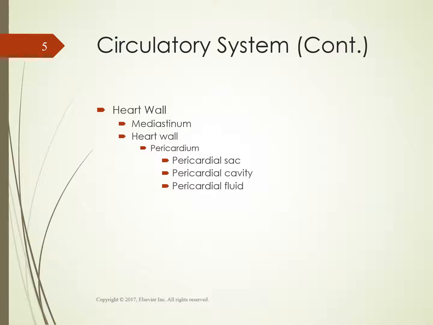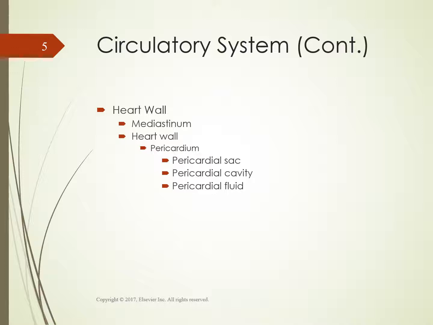There's the epicardium, which is the outer layer, the myocardium, which is composed of cardiac muscles, the endocardium, which is that inner lining. So then we go into the pericardium, where we have the pericardial sac, and it has three main functions. It prevents displacement of the heart during gravitational acceleration or deceleration. It serves as a physical barrier to protect the heart against infection and inflammation coming from the lungs and pleural space,